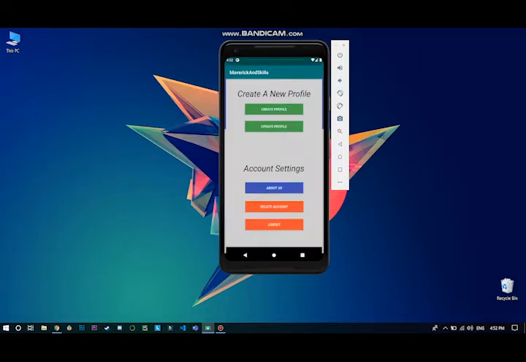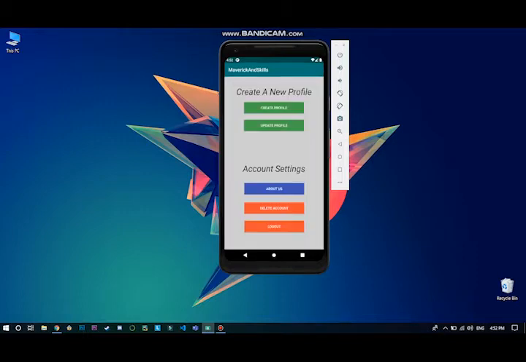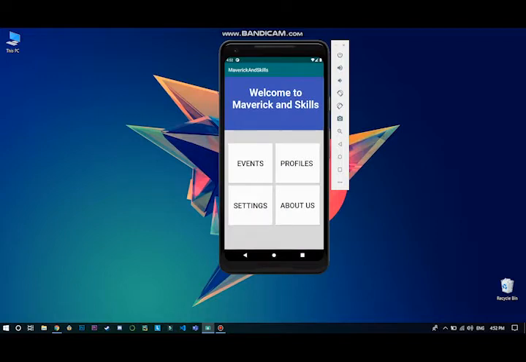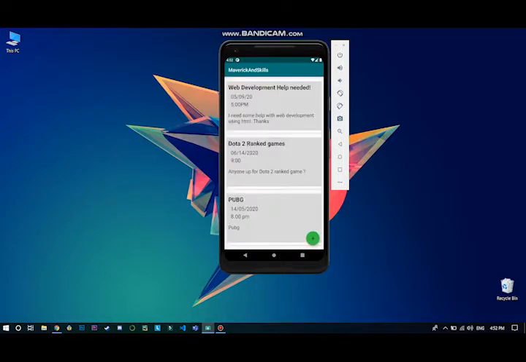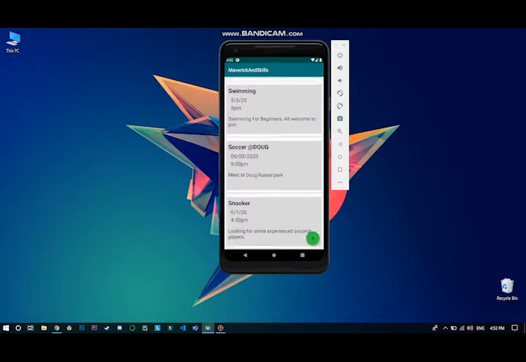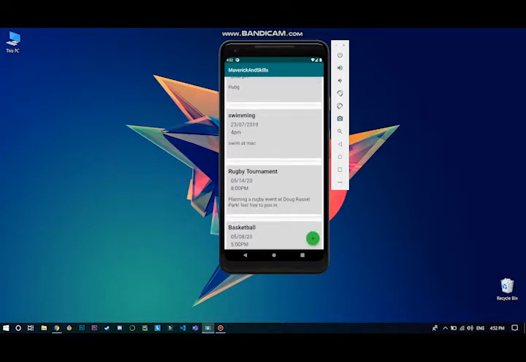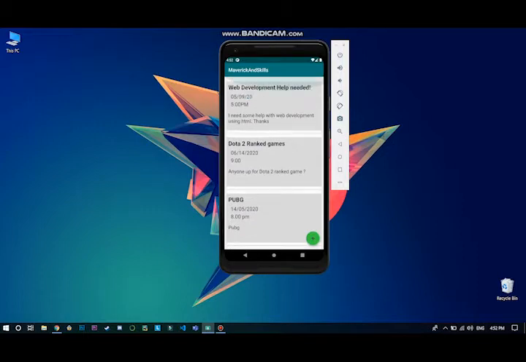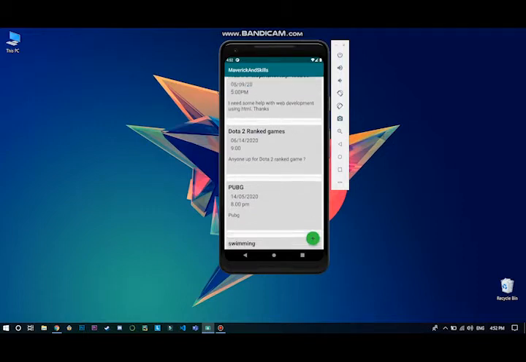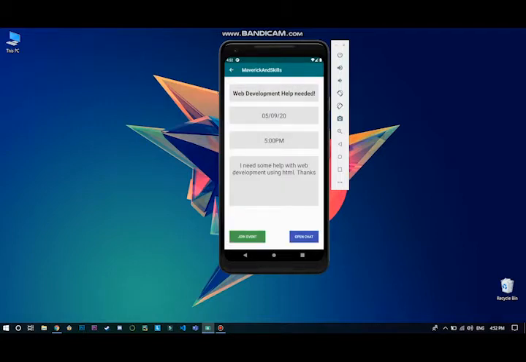The next is the about us page. It displays the team information and the project description. Okay, so the next tab is the events tab. In the events tab, I can view the events created by other users of the application. So I can just look at what events are coming up next, on which date and on which timing. So for example, if I click on the first event, web development help needed, it displays the event information, and